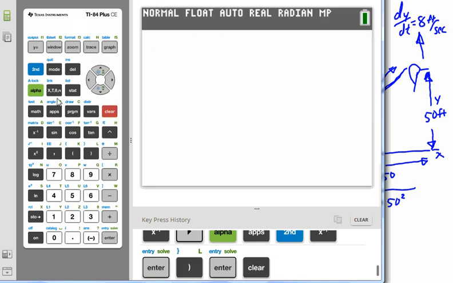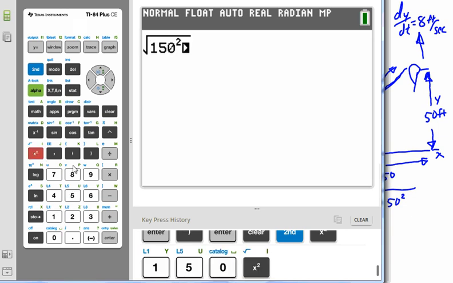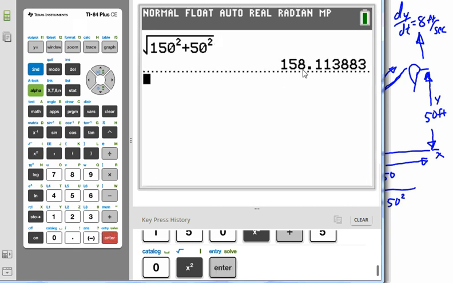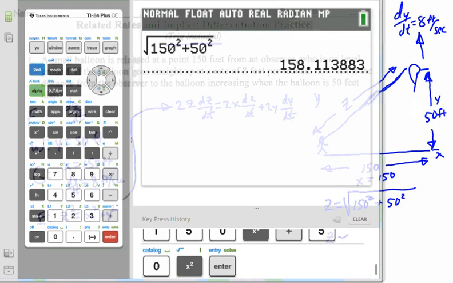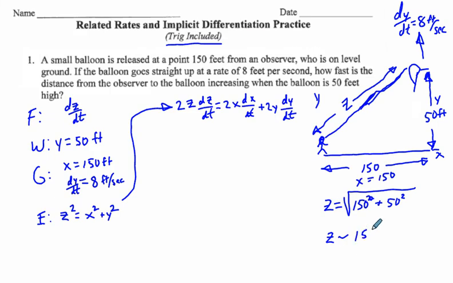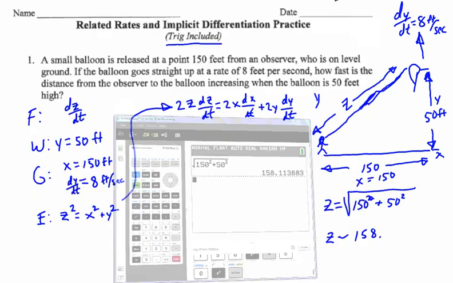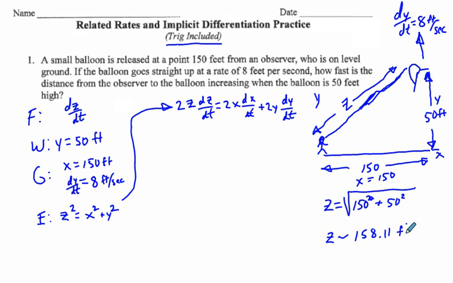So z is going to be approximately equal to, go to our calculator, the square root of 150 squared plus 50 squared. So we're going to get 158.13 feet. 158.11 feet, what I said it was. So we have 2 times 158.11